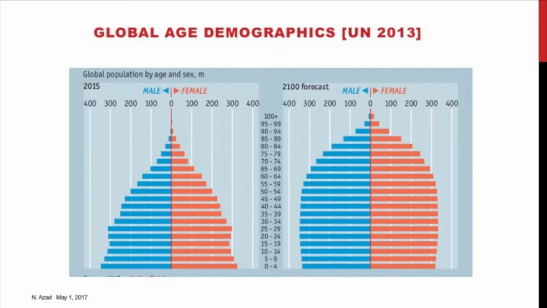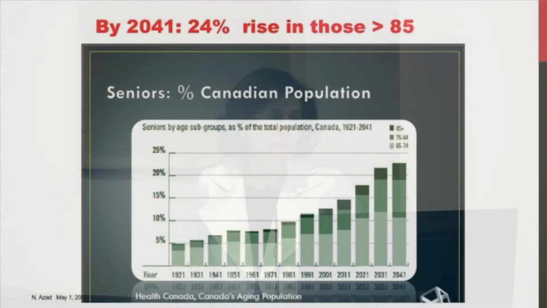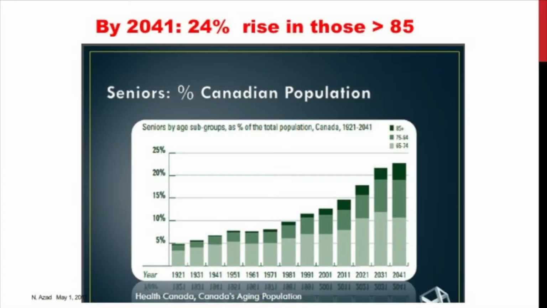I think it's very clear from these two pyramids that in the future we are going to have a significantly higher proportion of those over the age of 75, and as a result, frail elderly. Looking at Canada, the rise in those over age 85 is going to be at least 24%. So this is something that we all need to be ready for, the hospitals, the healthcare community, and